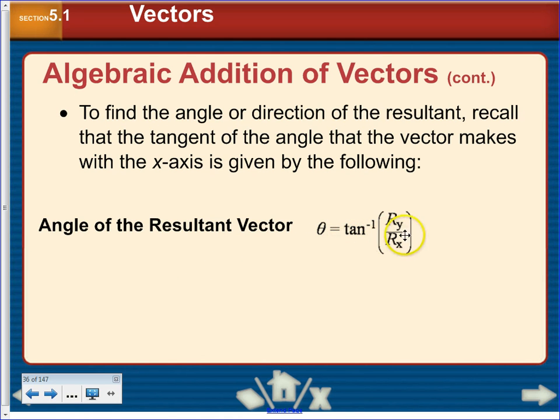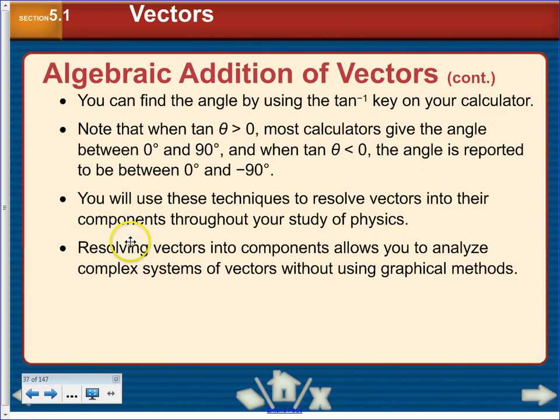Since tangent is equal to opposite over adjacent, arctangent will give us the angle itself. Again, you could use that arctangent key on your calculator, and just be aware of the fact that depending on what quadrant you're in, you're going to have a positive or negative. You're going to use these techniques to resolve vectors, and resolving vectors